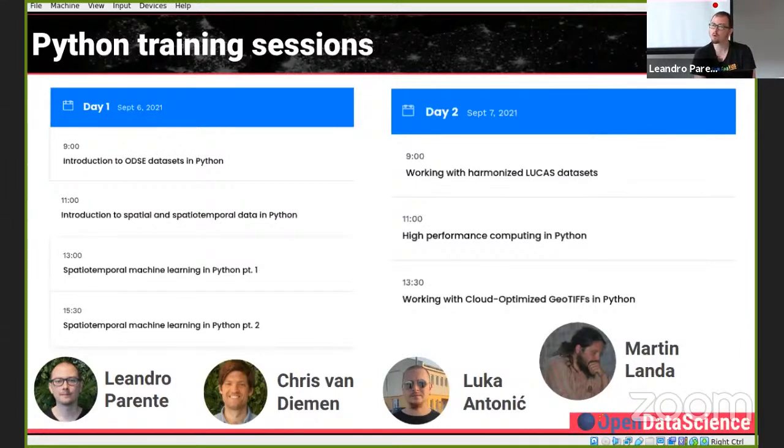But the general concept of how we are splitting the processing and how we are organizing the results will be presented. And the last session is about the cloud optimized GeoTIFF, and it's mainly how you can access the